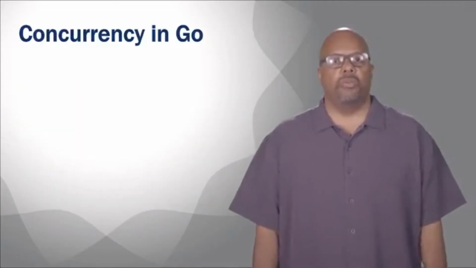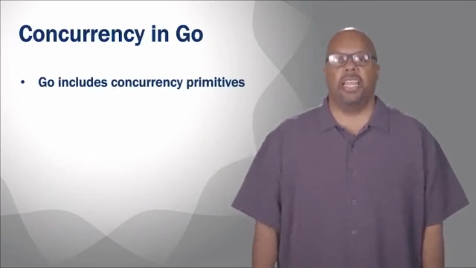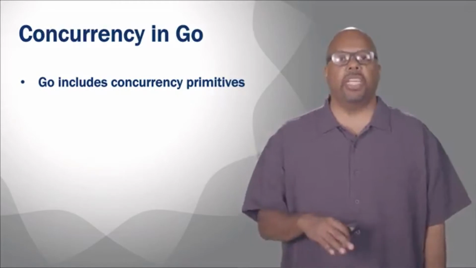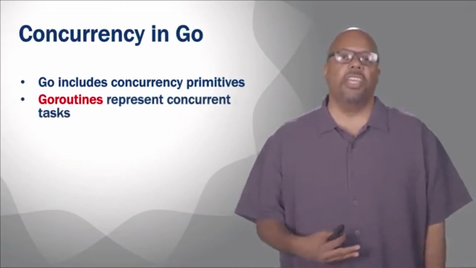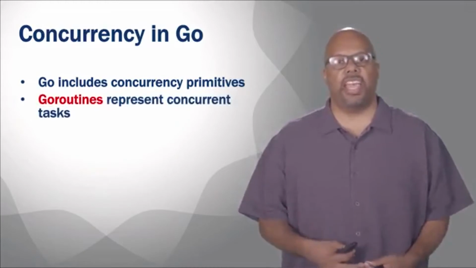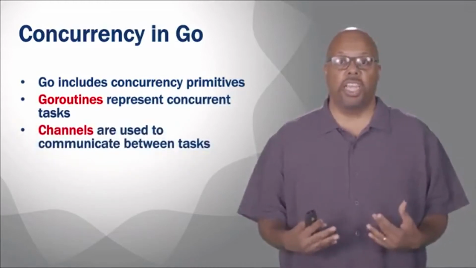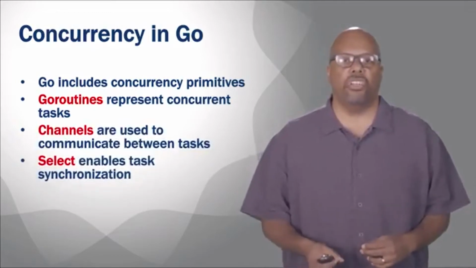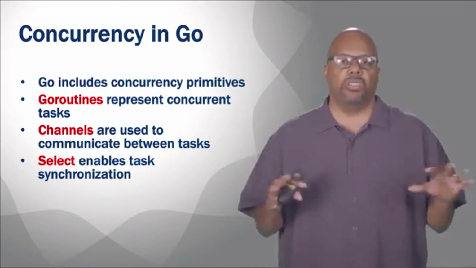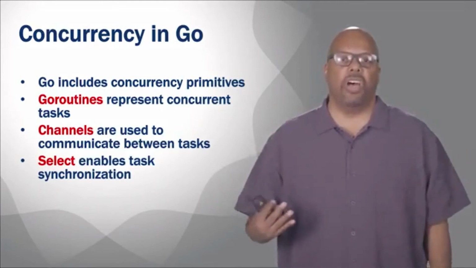So, concurrency in Go. The thing about Go is that it has a lot of concurrency primitives built into the language and implemented efficiently. Goroutines: each one represents a concurrent task, basically a thread. Channels are used for communication between concurrent tasks. And select is used to enable synchronization. These are just the high-level basic keywords that you can use, but we'll talk more about these later on in